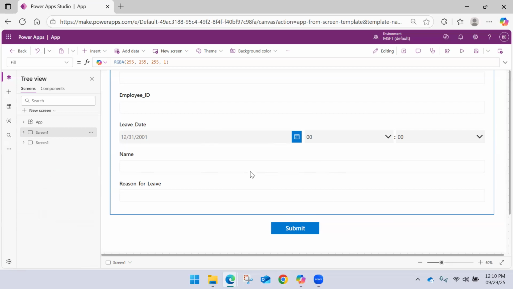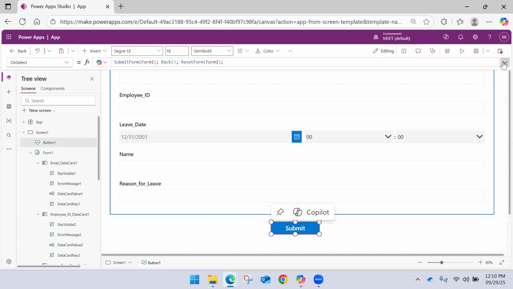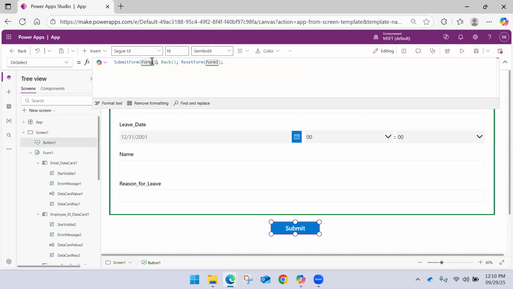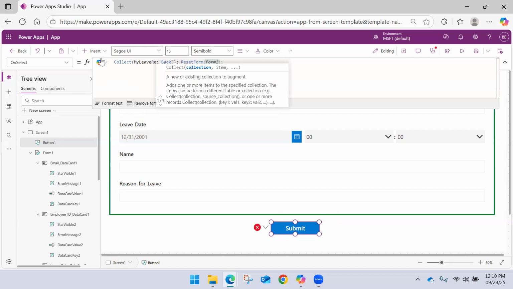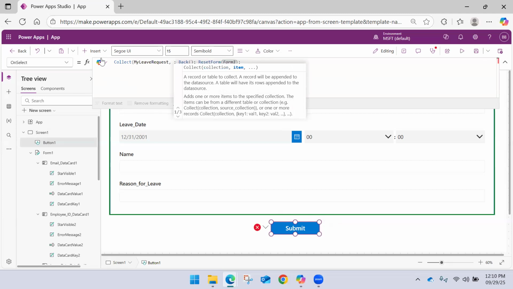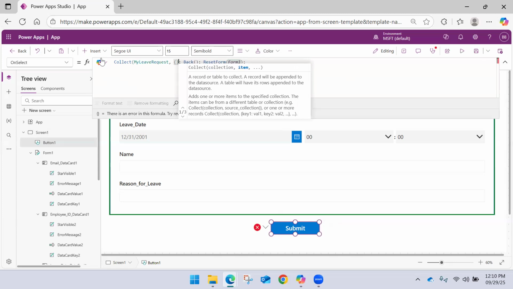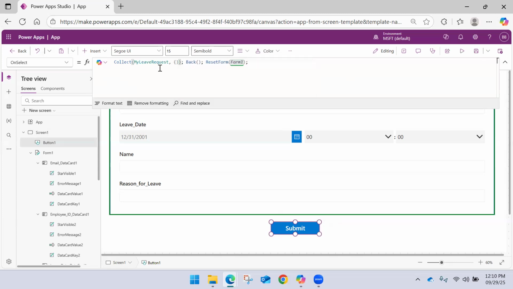Since this is a new form, we are going to submit a new request. Instead of using the submit form, I would prefer to use the Collect function here. Collect is the function that is used to create a collection. So this is the collection, and I would like to create the items. And inside the item, I am supposed to specify,